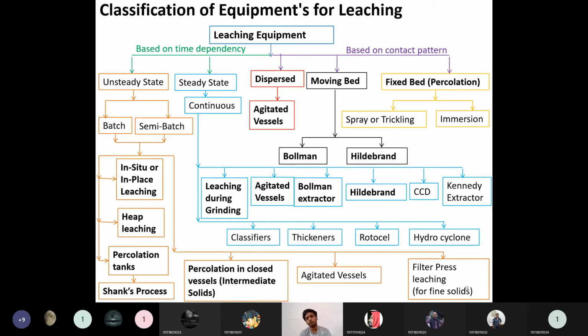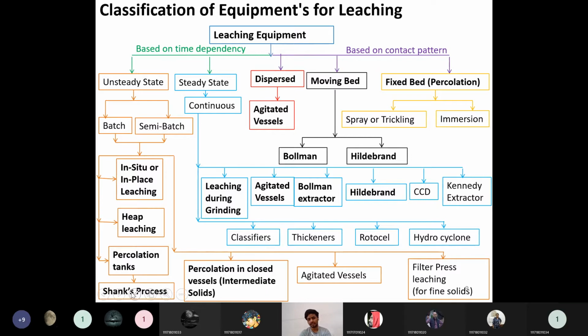There are certain advantages in the closed vessel and the open vessel. What is the closed vessel and what are the advantages of the open vessels? We will discuss that. Then these percolation operations usually are cross current operations, so solvent will flow in one direction and solids will flow in the other direction. In order to have a maximum soluble constituent in the final solution or leached solution, a continuous counter current process called the Shanks process is designed.